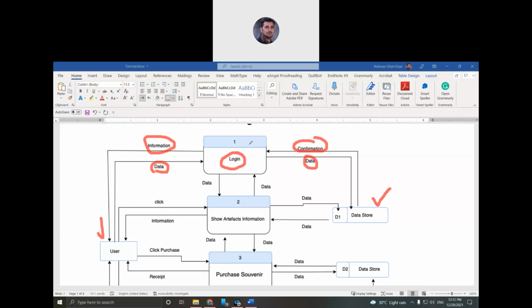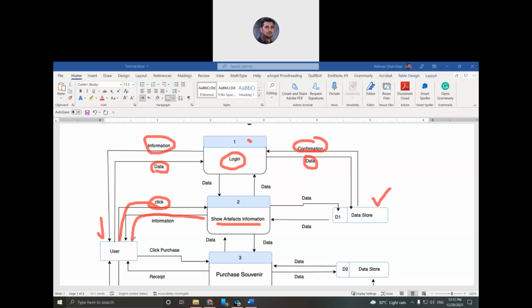Okay, so one functionality, number one. Number two, show artifacts information. So the user clicks something, you see, once the user logs in, and then the user will click something to see the detail of some artifact, and then the user will get the information about that artifact.